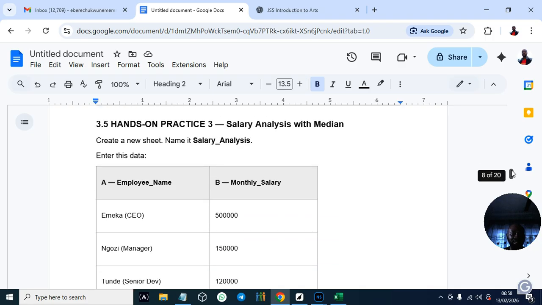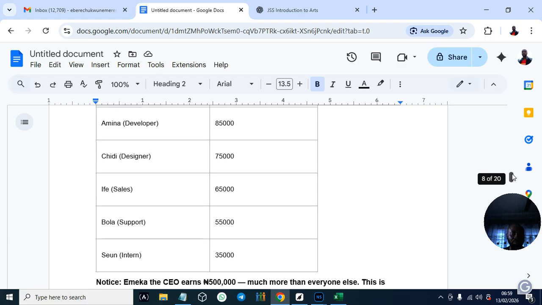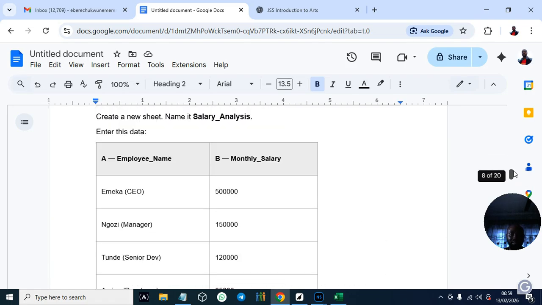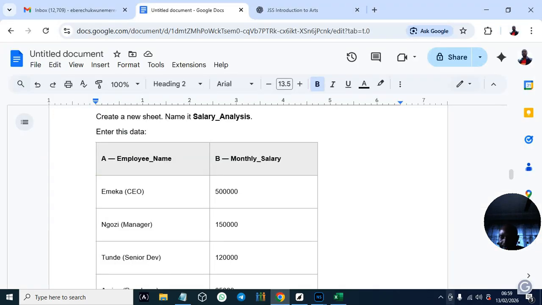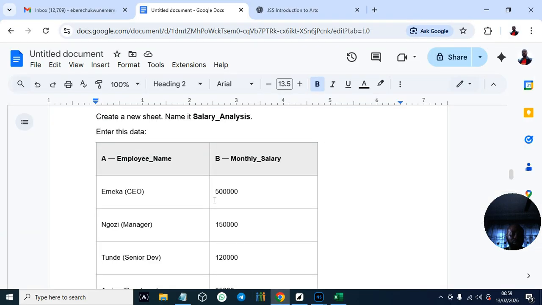Now let's do hands-on analysis. Enter everything as it appears in your spreadsheet. You have to open a fresh spreadsheet. I have my one I'm working with already.